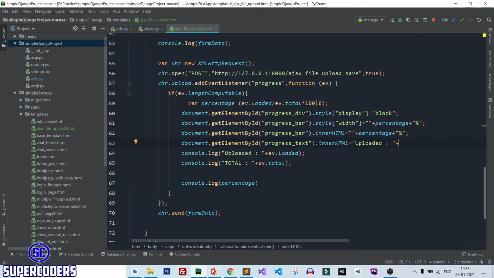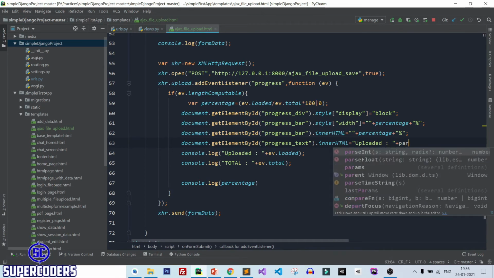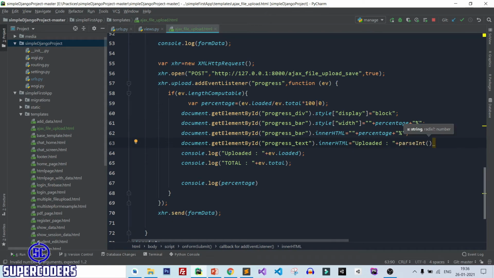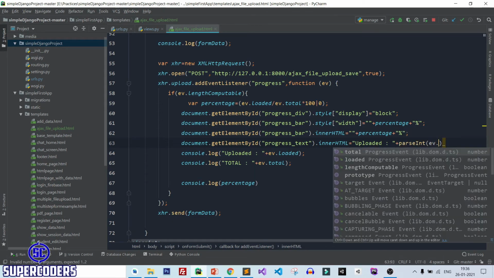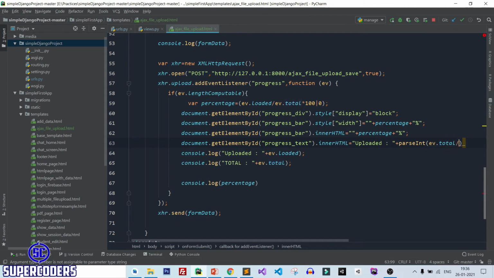And here let's convert it into integers. So parseInt event.total divided by 1 million. Here it will give data in bytes, so I am going to convert it into MB. So we divide by 1 million, so it is perfect.